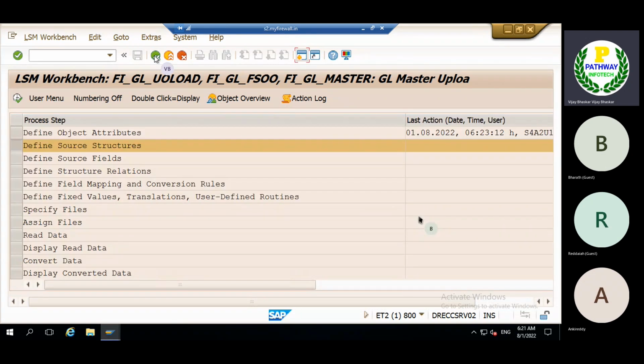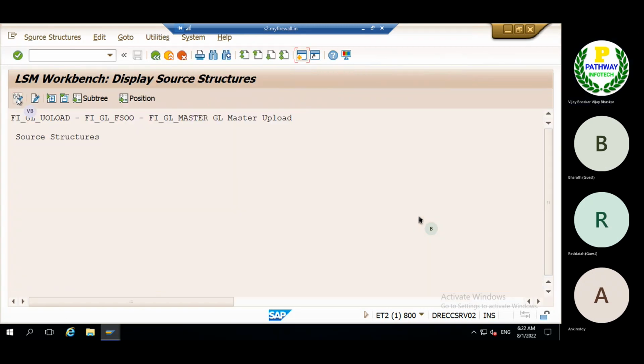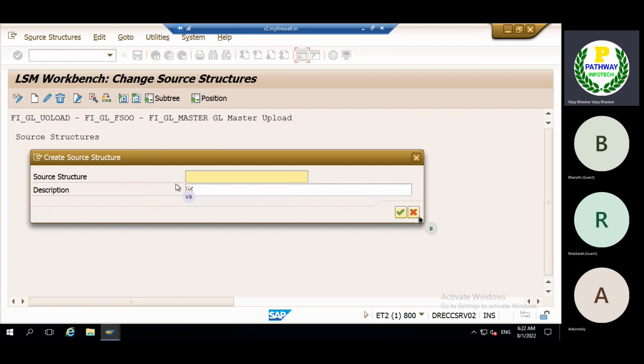Now in the second step, once the first step is completed, the system will move to the second one. Click on execute. Now click on change, create source.